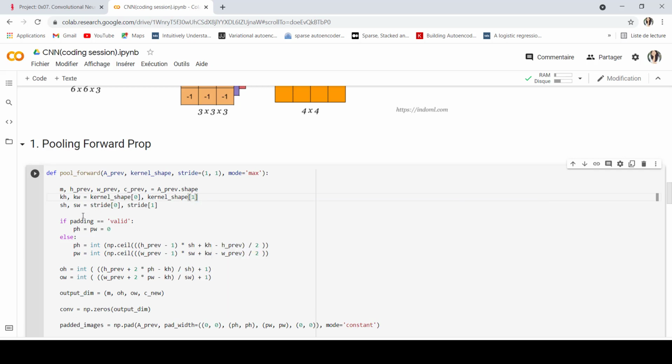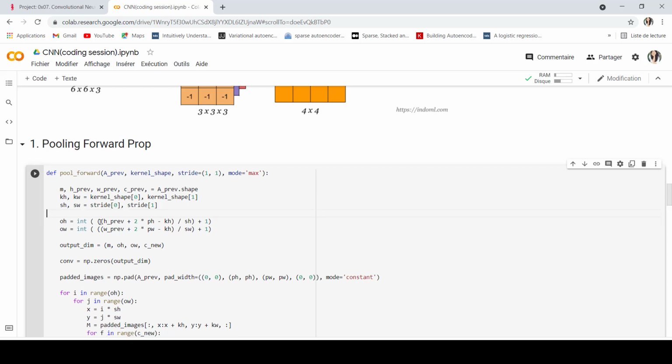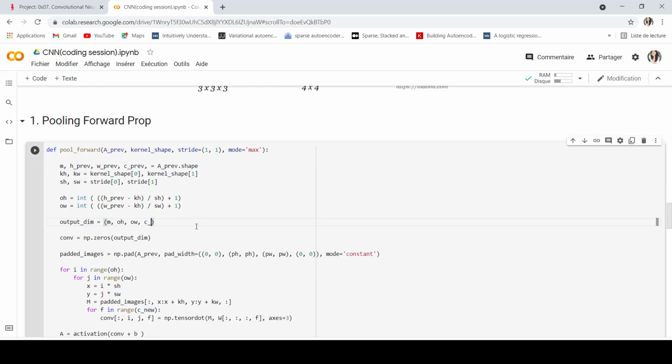I have the same thing for the stride. Now I don't have the padding, so I will get rid of this. The depth is not going to change, because with the pooling part we are not going to reduce the depth of my image. The convolution will be np.zeros of the output dimension, the same thing here.